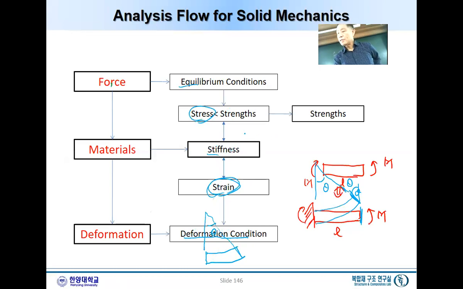In this case, stiffness is Young's modulus E. And finally, equilibrium. What is the equilibrium? Well, we have a certain stress here. Stress will distribute across the cross-section, and that will